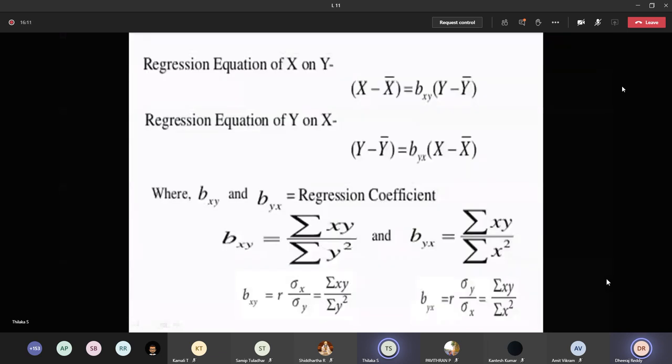Okay, so the regression equation, as we discussed, we have two regression equations. One is,